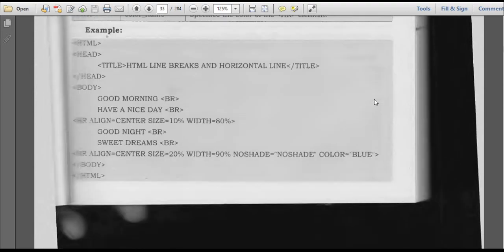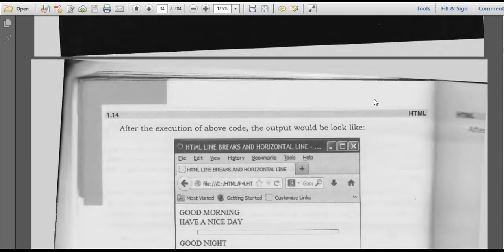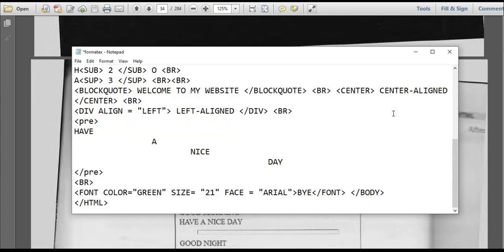Horizontal line, break line, these are the tags which we have discussed. So in the next class we will see HTML links. So you just try the programs. I will share all these programs in the group, whatever programs I did just now. I will share all the programs, all the contents. You just try to use your own brain and some creativity.